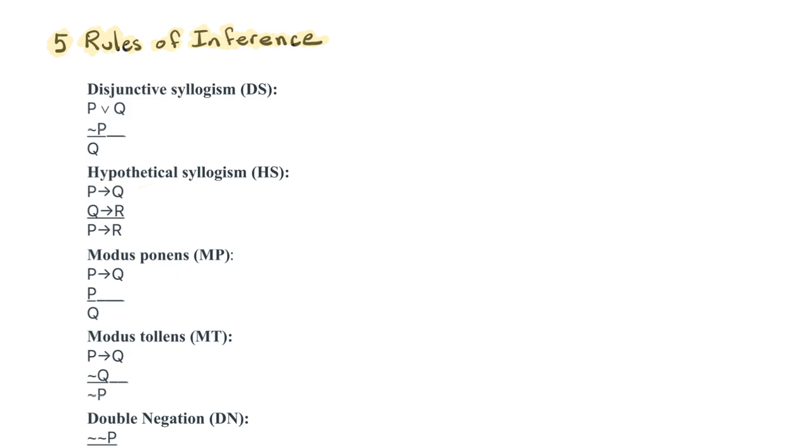Let's start with the disjunctive syllogism. I'll just rewrite it over here. Our first premise of the disjunctive syllogism is a disjunction, P or Q. The second premise is tilde P, or it's not the case, P. And our conclusion is Q. This is a valid form. This is called a disjunctive syllogism.